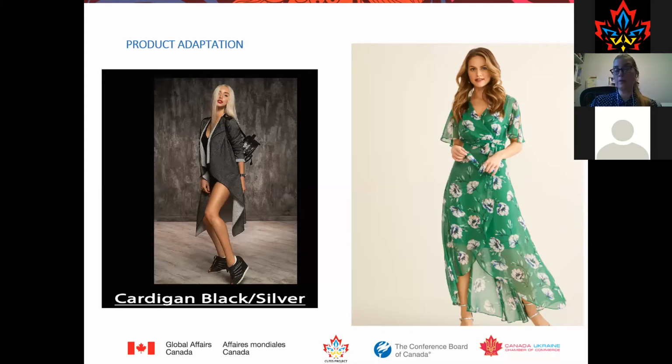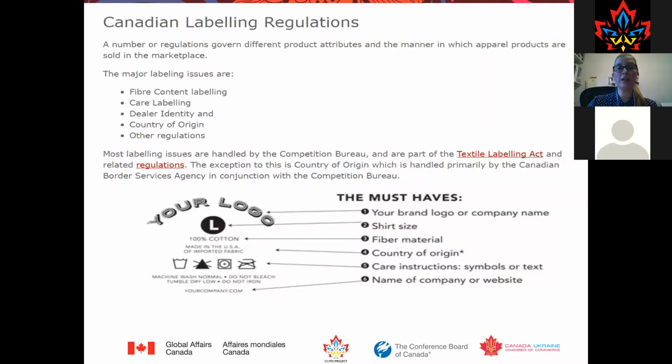The women are part of the catalog as a beautiful concept, because at the end, it's a woman who's going to have the dress. It's a woman who's going to have the cardigan, but we need to be very careful with that. And I will leave that to my coworker, the person related to gender, the specialist, and she will talk to you a little bit more about this. But this is adaptation. This company on the left had to adapt completely the catalog, the website, and everything to showcase something that the market is looking for. Same thing